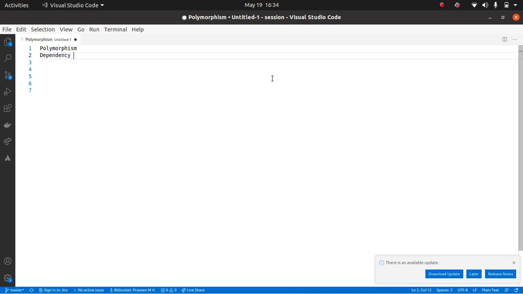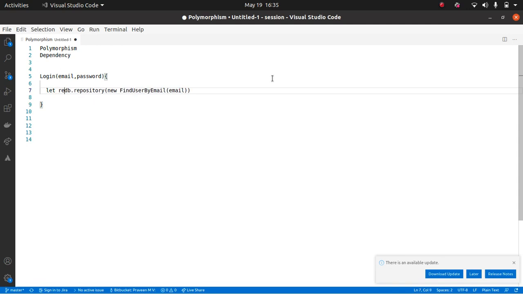Now, let us take a method called login that takes email, password. This is anyway a pseudocode, and it reads from DB: repository dot new, find user by email.